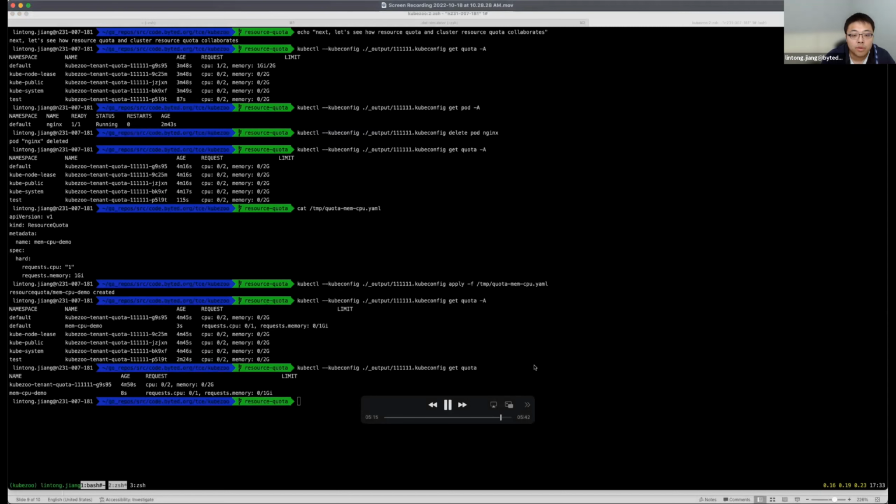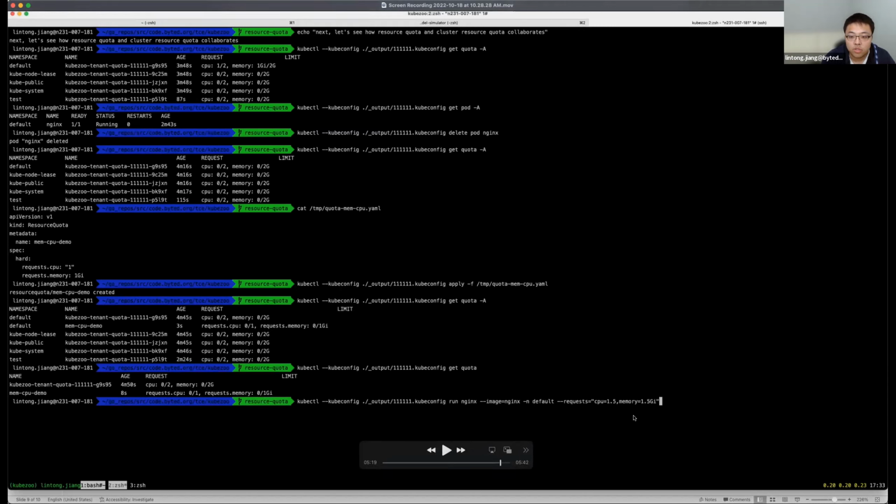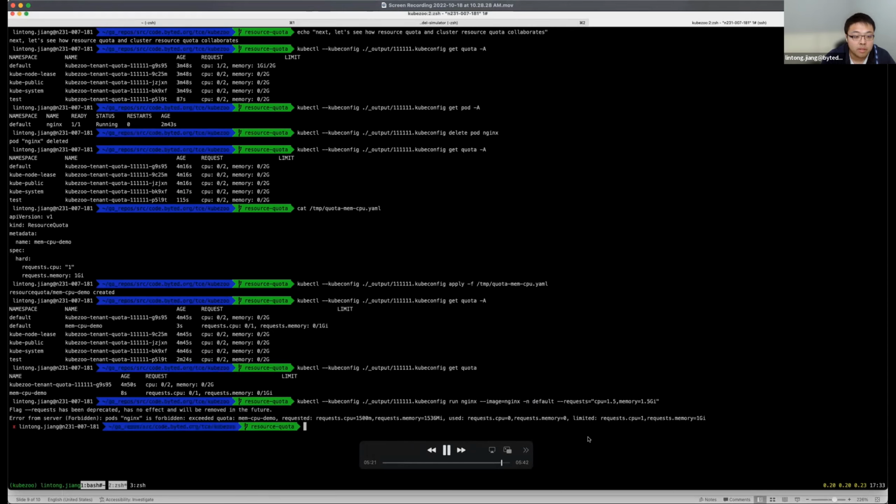Now we're going to create a pod request which is beyond the customized resource quota, but under the cluster resource quota. So you can see what will happen. If you look at the error message, the error is not raised by the cluster resource quota.